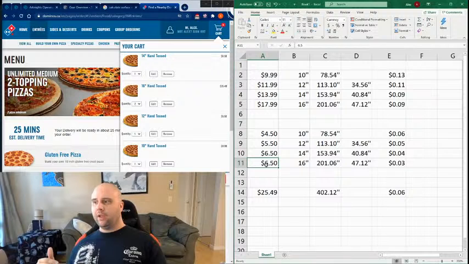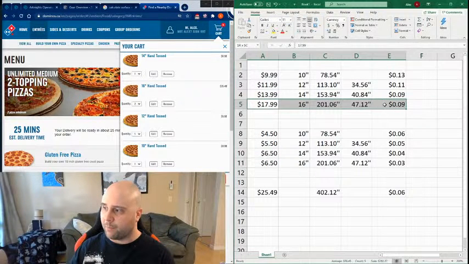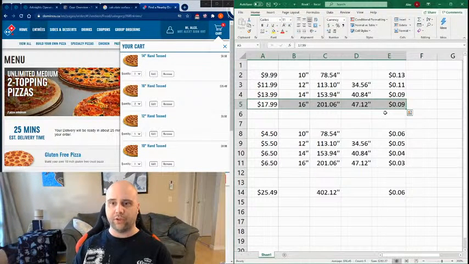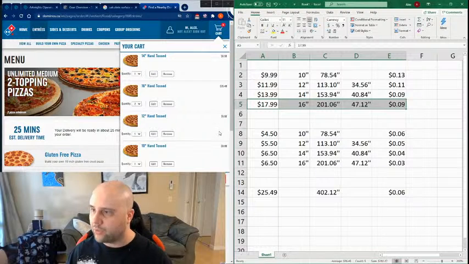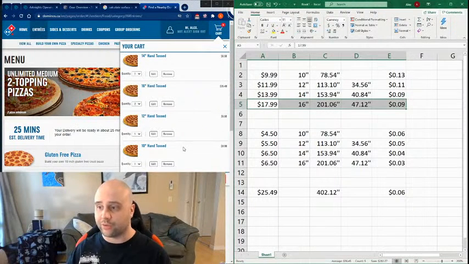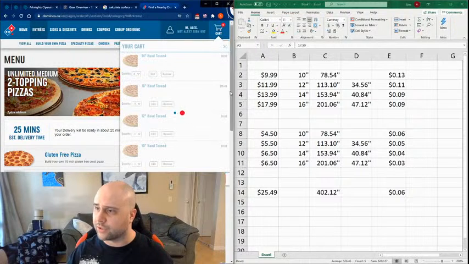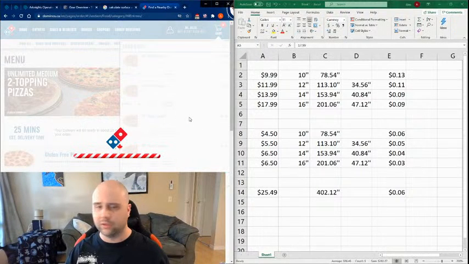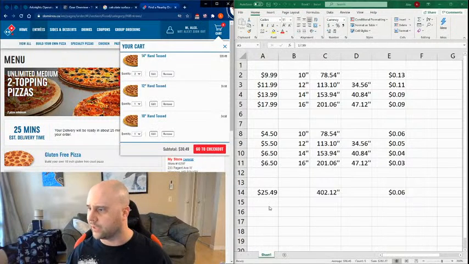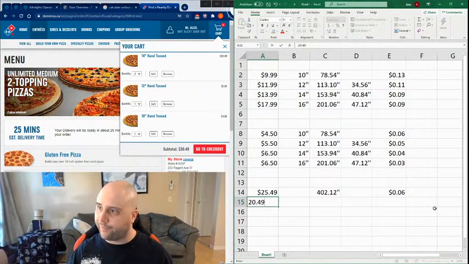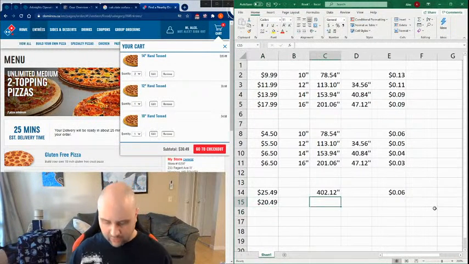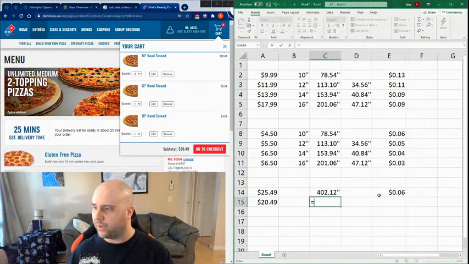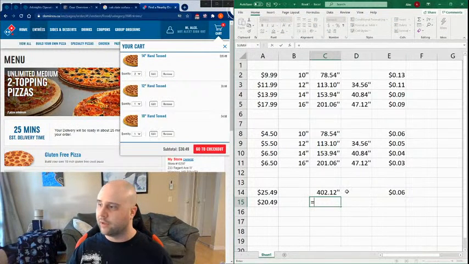So that's where actually the savings come in here in getting the large. So what happens if we get 2 extra larges? Or, sorry, just 2 larges. I'm actually curious about that. So we're going to go 2 larges here. So how much is 2 larges? Well, okay, we have to remove our extra large pizzas to see that. So it's $20.49. Now the larges were paying $20.49, so we're paying $5 less, but we're getting, by the looks of it,